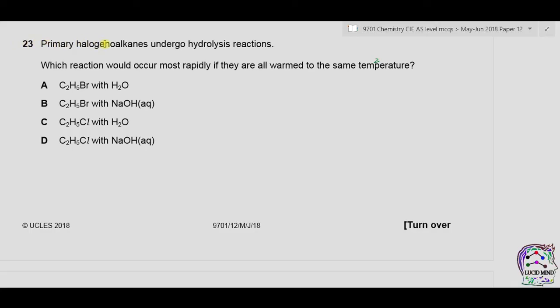Question 23. Primary halogenoalkanes undergo hydrolysis reactions. Which reaction would occur most rapidly if they are all warmed to the same temperature? Now hydrolysis is the reaction in which we have water that is used to break down the molecule. So we can say break down by water. With water, what will happen that